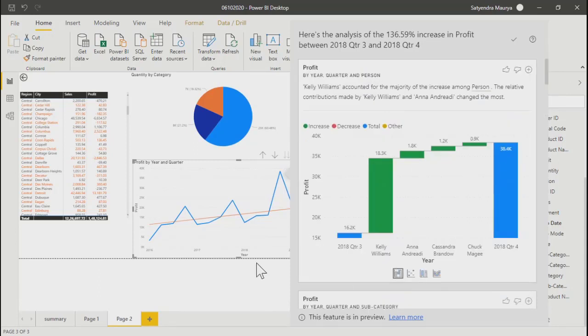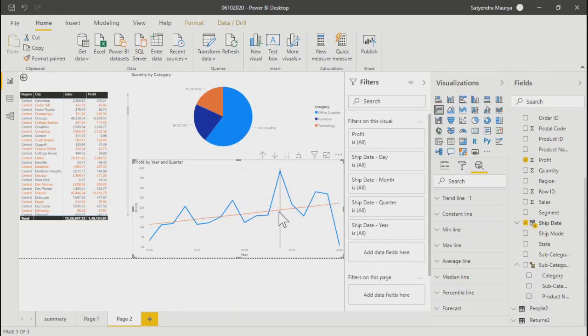Fine, no worries. So the equation of a line generally, y is equal to mx plus c. If you are from a maths background, you will know. So this line represents a similar kind of flow or trend. Any straight line will have that equation, and even if you go for forecasting or prediction, you need that model or that equation. Fine. We'll talk about the forecasting also, because using a trend line we can create forecasting, maybe in this topic only. So trend line, like we have added one trend line and we can see that over here.